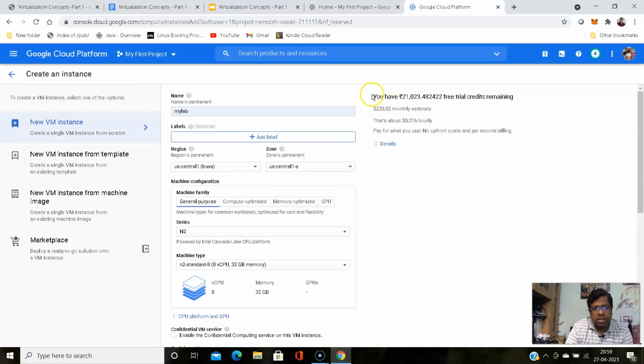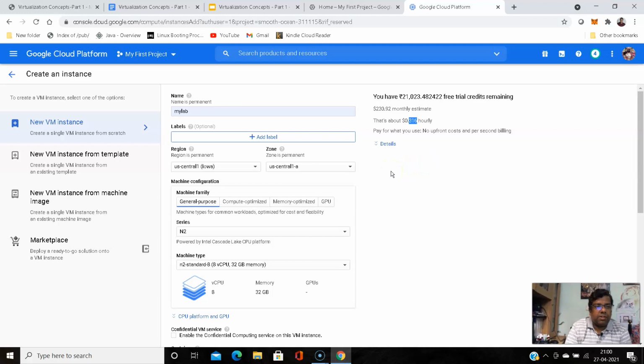Here, if you go there, this is the credit you have left, and this virtual machine's monthly cost will be $230. If you keep it running for the whole month, you will end up spending this much, and that will be deducted from your limit. The hourly rate is charged for every hour. Google is charging on an hourly basis, so if you run it for 1-2 hours, you will be spending only a few cents. That's very cheap, not a very high one. So you can use it.